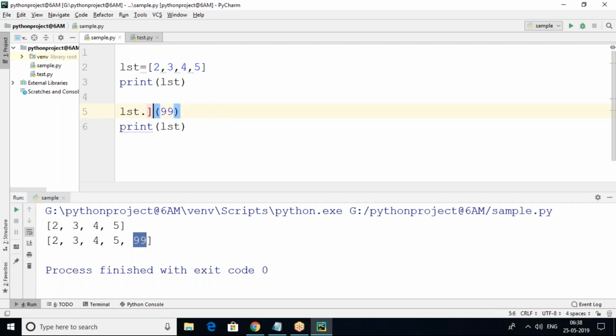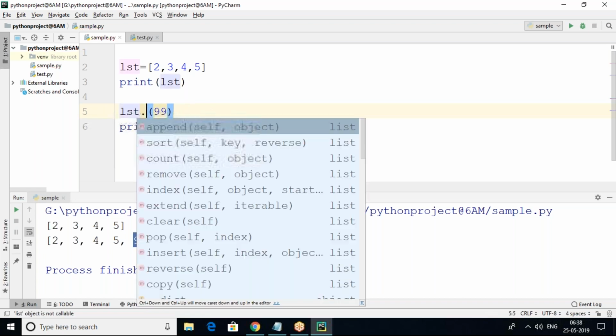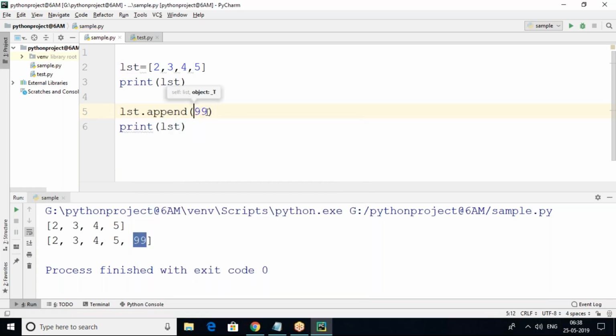The extend method is used to add multiple items. For example, I'm trying to add multiple items with the append method only. Is this possible? No, it's not possible. See, I'm trying to add multiple items, and it shows here that completely this one is one item. Yes, one item, not multiple items. One item is one list. The append method will not add multiple items directly. It will be treated as one item. It is another list, added like this. Okay, you have to remember.